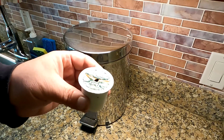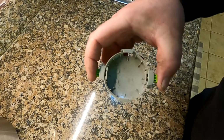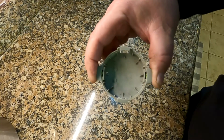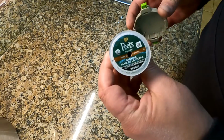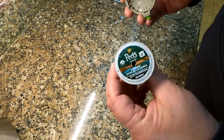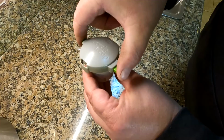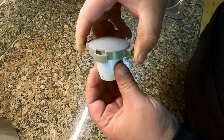A lot of people are worried about the waste. Well, you can get yourself this little tool. And as you can see, when we engage the little tabs on the side, these little razor knives come out, which is how you remove the spent grounds inside. You only want to use spent coffee grounds in your garden, not coffee beans that have been ground up but have not yet been used. So you just place the tool over the top, you engage those little knives, give it a turn around, you'll feel it pop off,